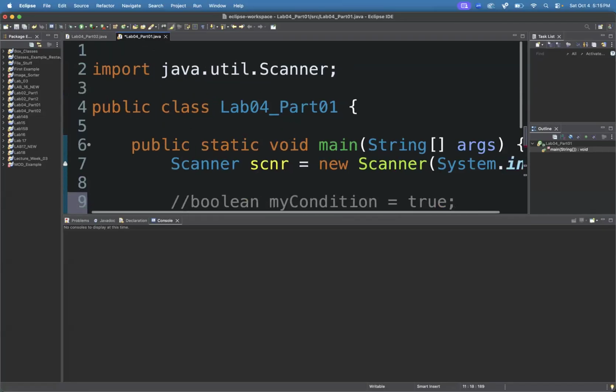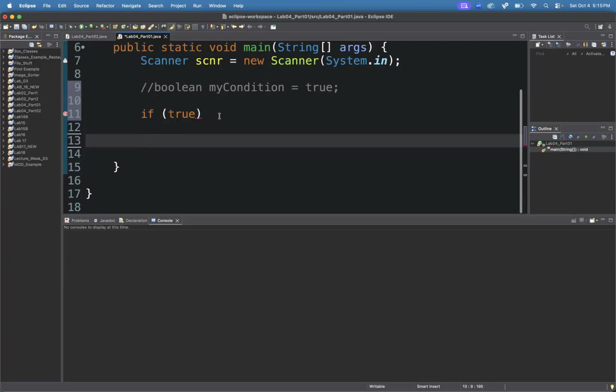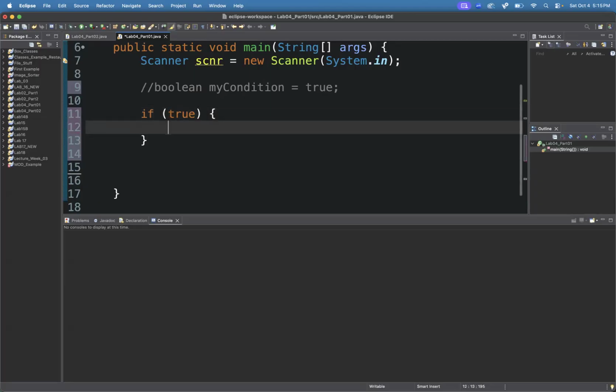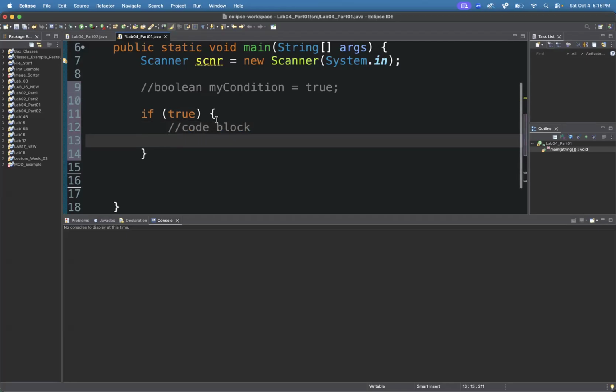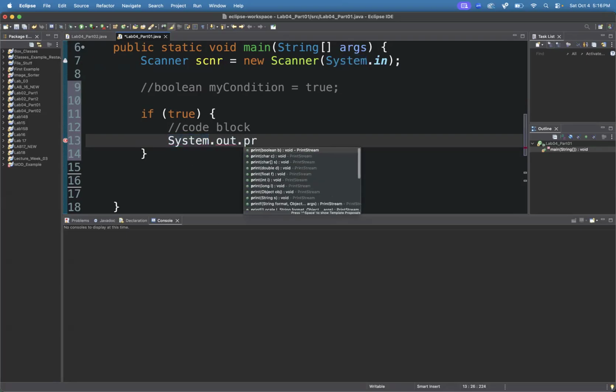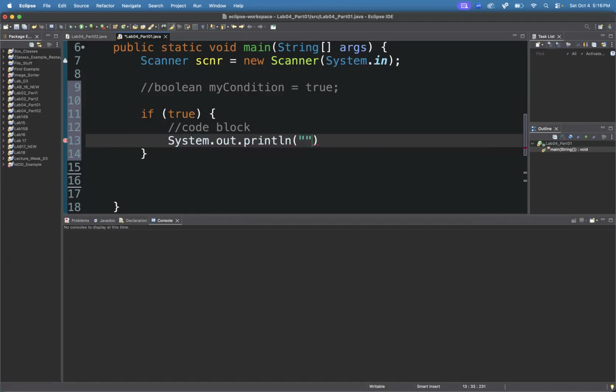Now, when you're typing one of these if statements, you're going to want to have curly braces that open and close after the if statement. This is where we put our code. So this creates a code block, and the curly braces are going to separate this from the rest of the code. Anything you type between these curly braces is going to be part of this if statement, and anything afterwards will be afterwards. So if I do System.out.println and I just say, hey, this code ran,